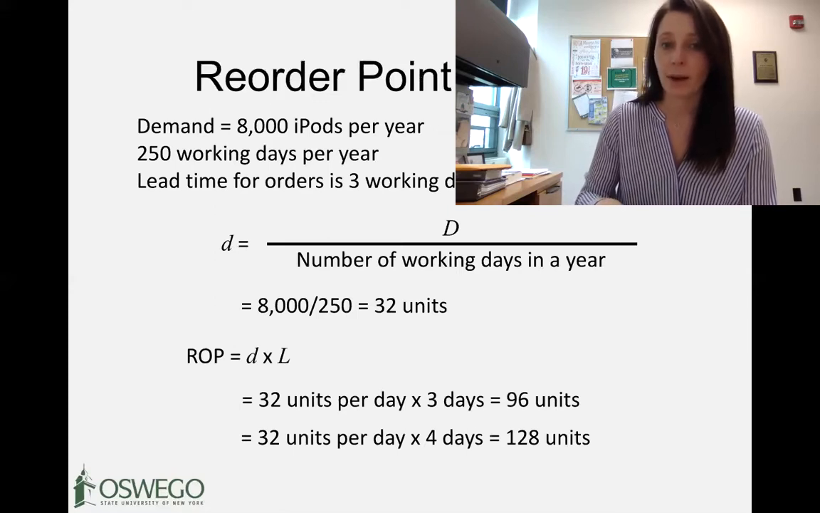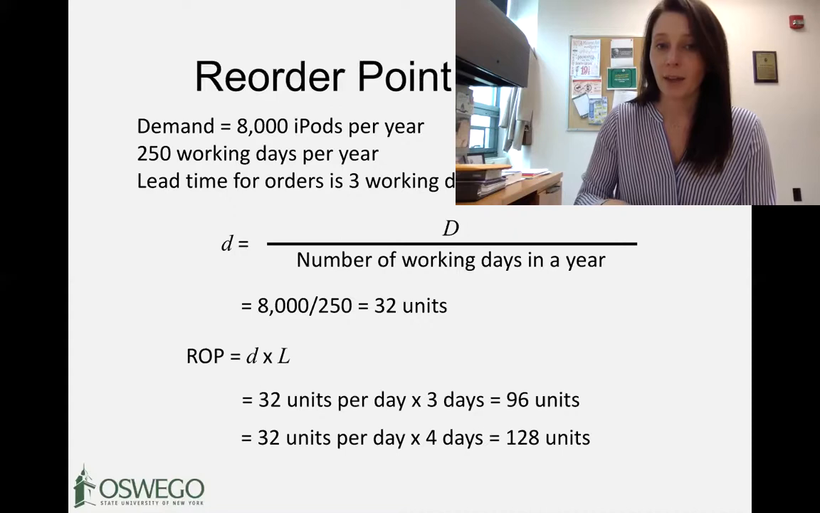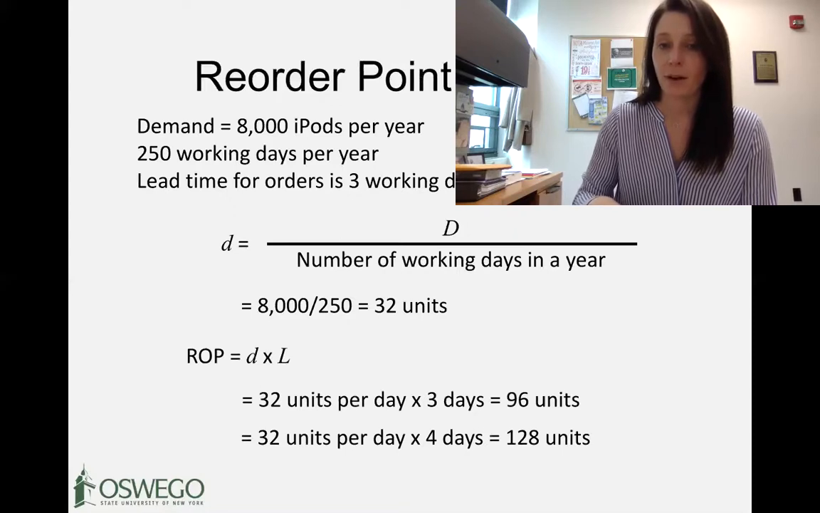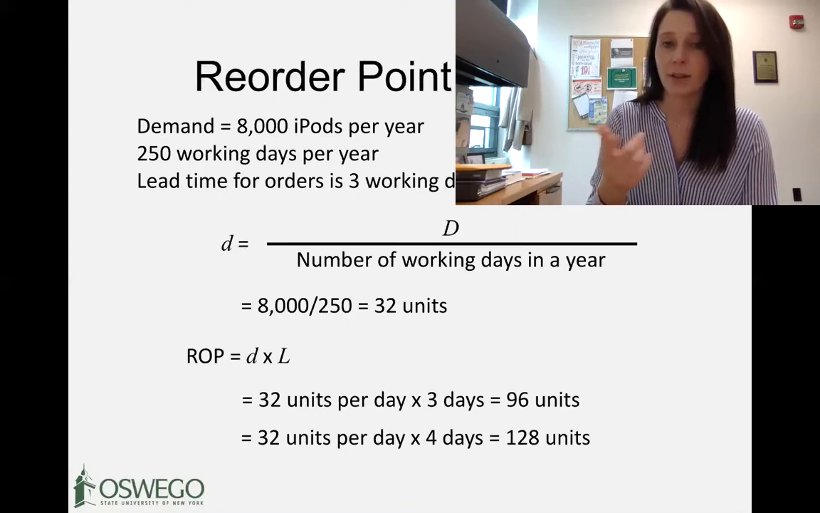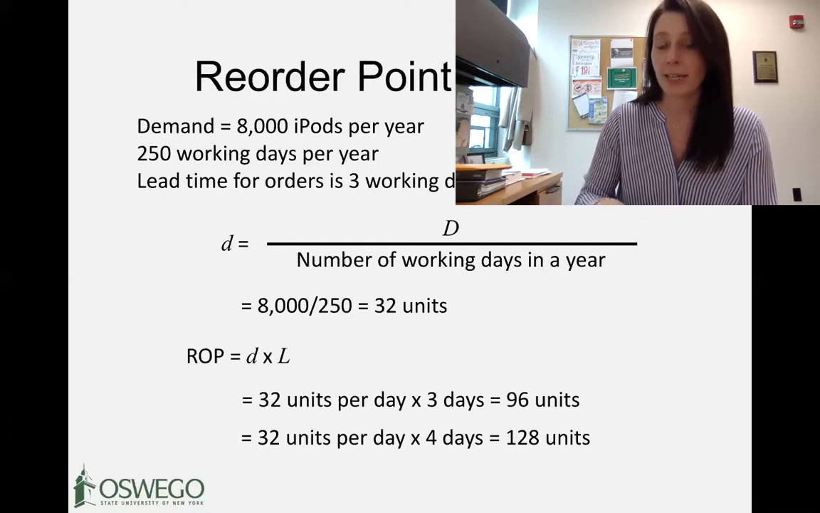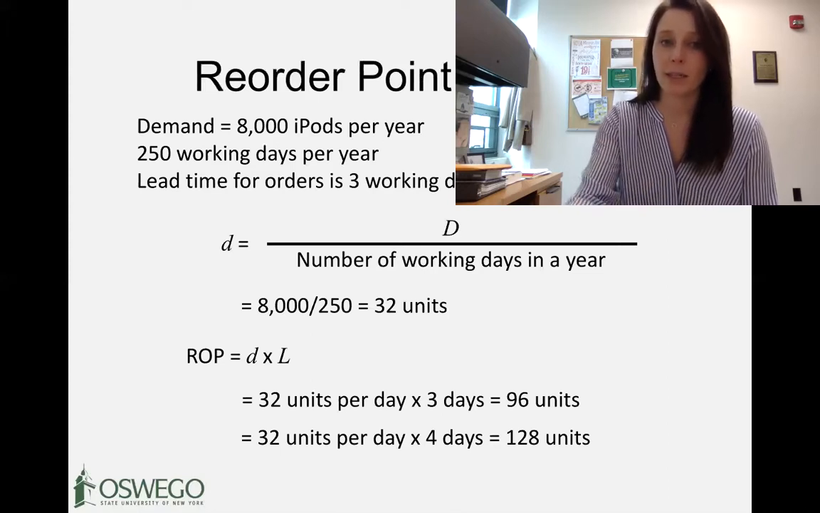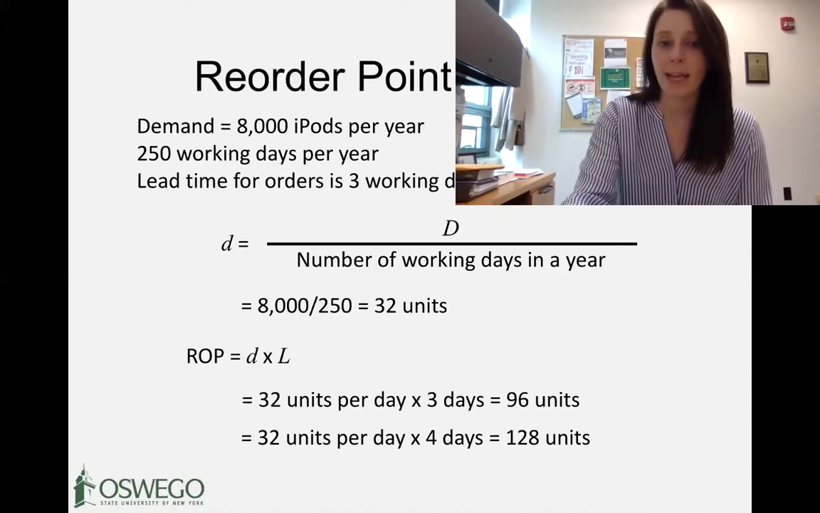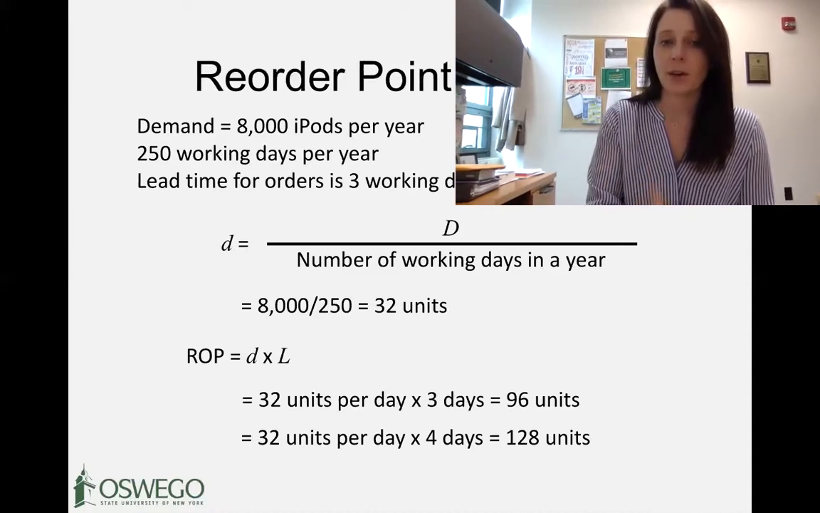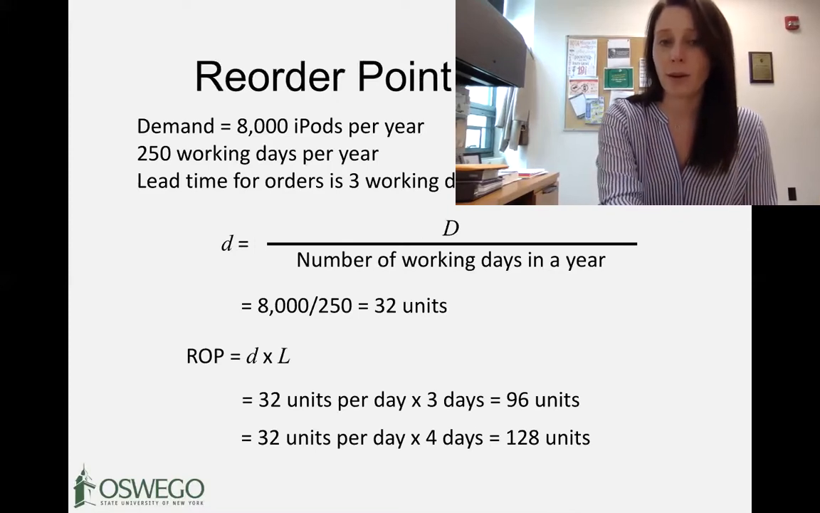Now we want to multiply that by our lead time, which in this case for orders is 3 working days. It may take 4. We can actually use some more specific probabilistic models to solve for this in a bit, if you had more information and some sort of probability distribution around lead time. It would basically tell you that your daily demand is going to be 32 units,